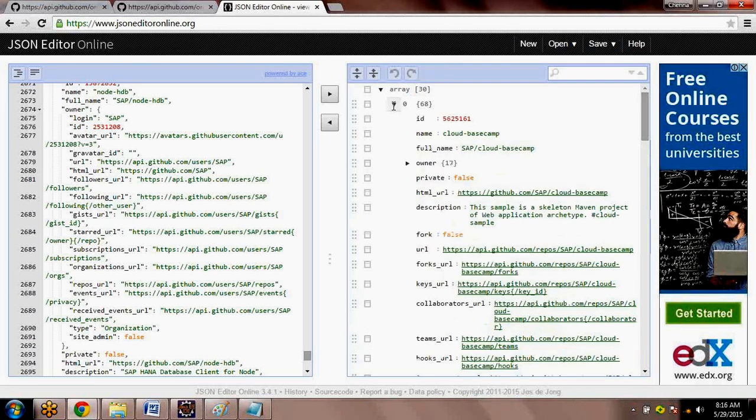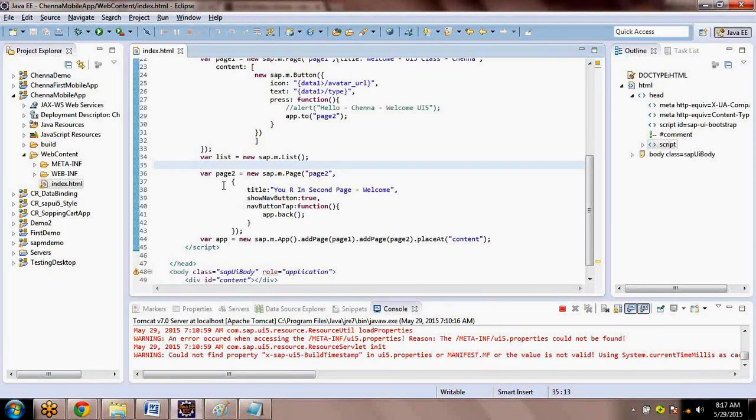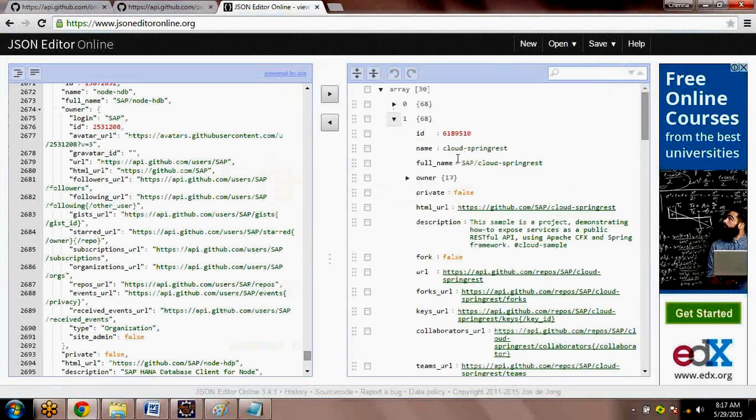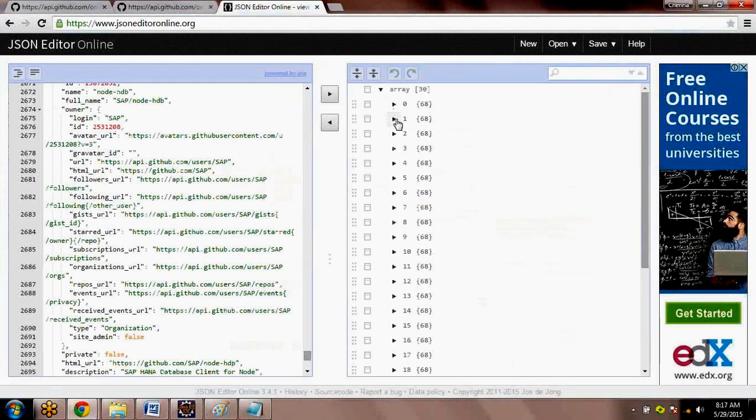Now I would like to use only names. I don't want to use all the data. So that means you need to take the names from this JSON and put them in a variable called a list. Why am I putting it in a list? Why am I not taking simply a variable? So what is the difference between a list and a variable? A variable can hold a single value. If you look here there is a value. In object 1 there is another value. In object 2 there is another value.